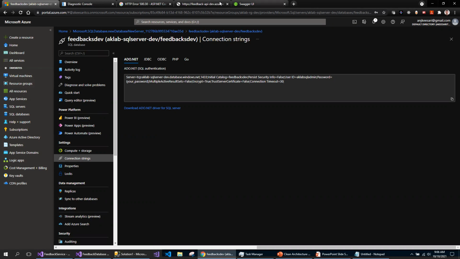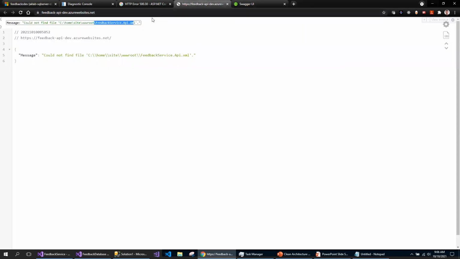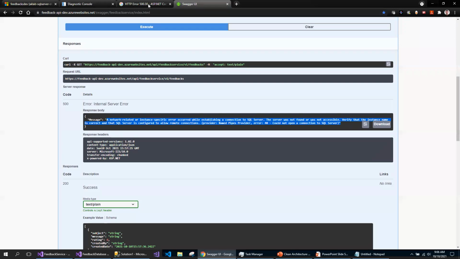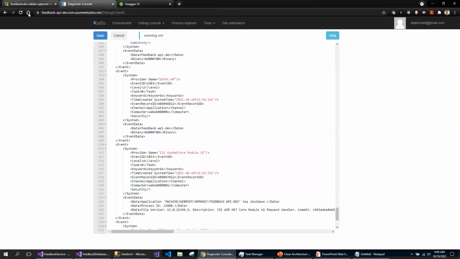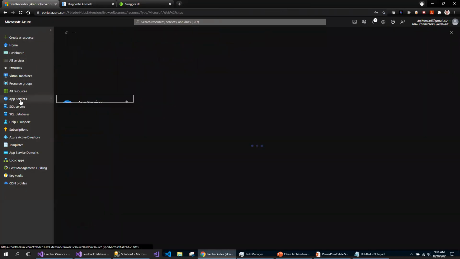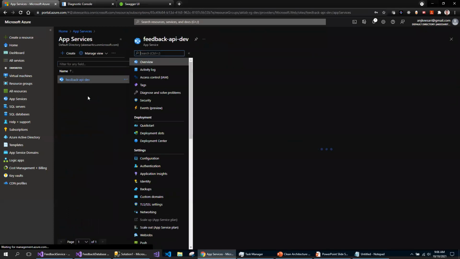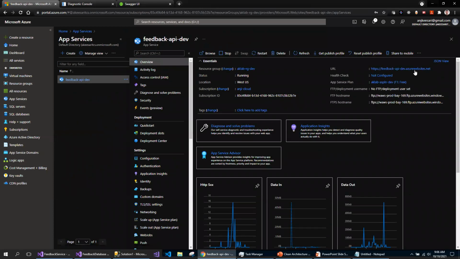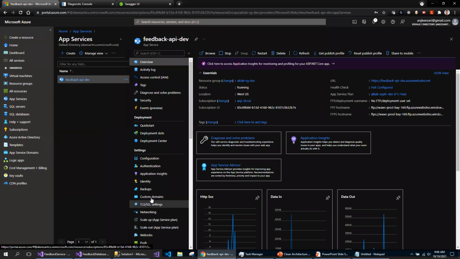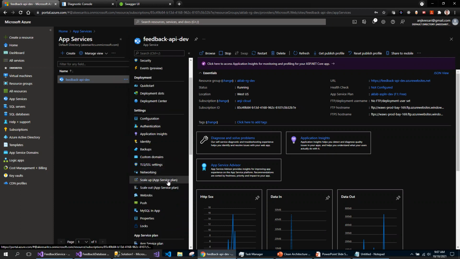So let's go to the SQL Server database. So let's locate the database. So I go to the SQL Server. So this is a SQL Server, and the networking or the firewall.